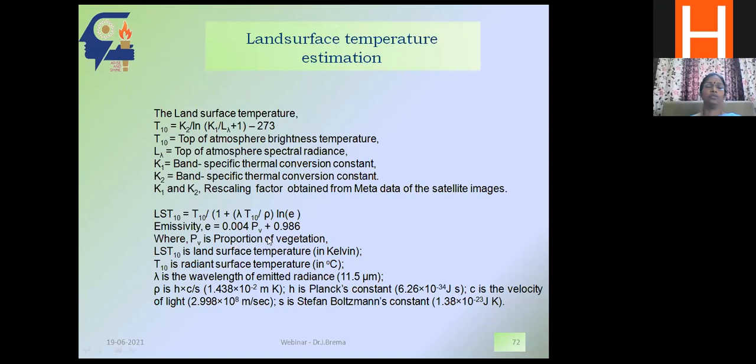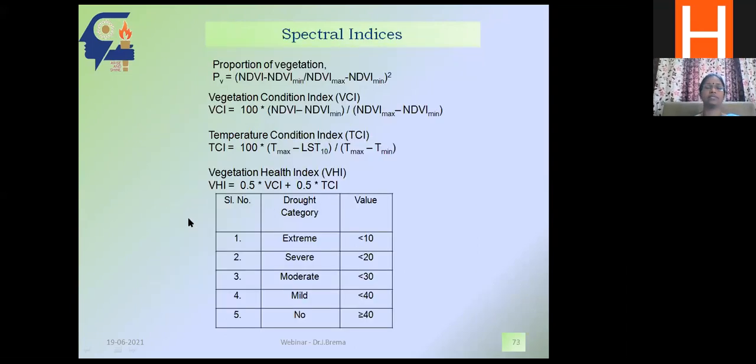So you will take your satellite image, and you will process it using these formulas. K1 and K2 constants will be given when you download the image itself. And this L lambda is the image. So using L lambda, K1 and K2, you will calculate T10, for band 10. I have taken band 10, so I call it T10. What is the temperature? Based on that, you can calculate the land surface temperature, LST10, using the emissivity, how much radiation is taking place on the ground surface. From T10, you can calculate LST10, that is land surface temperature.